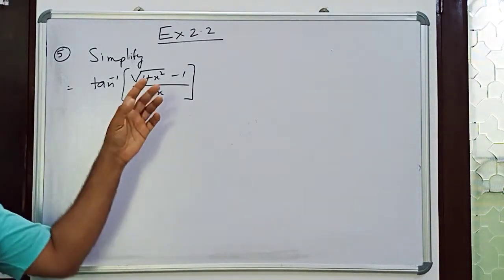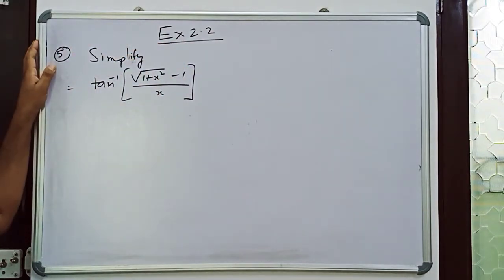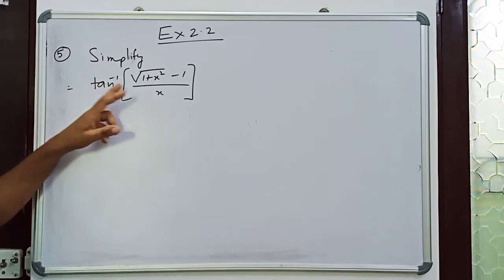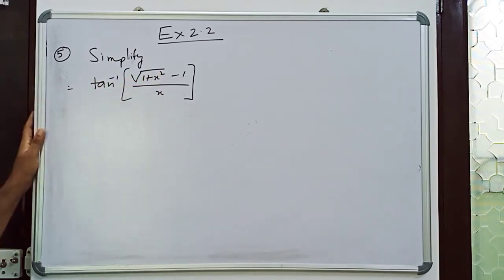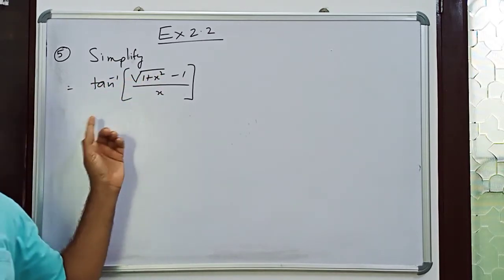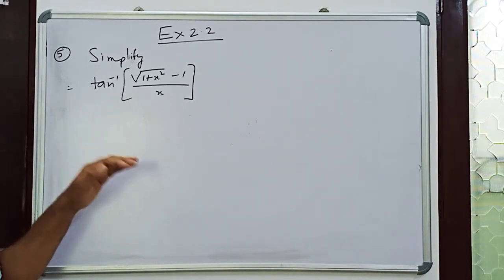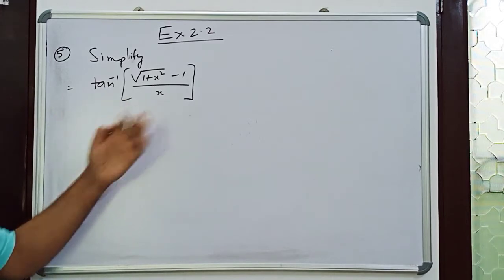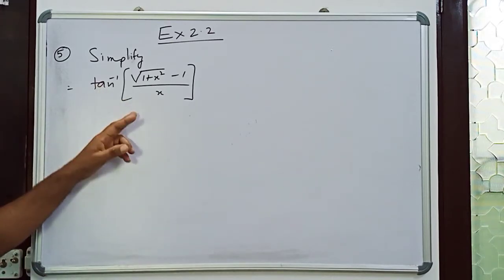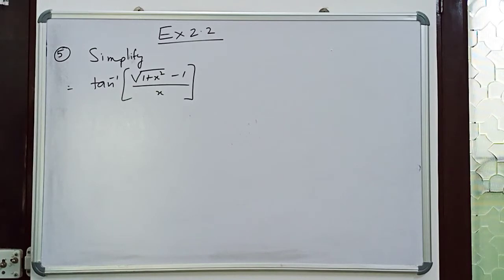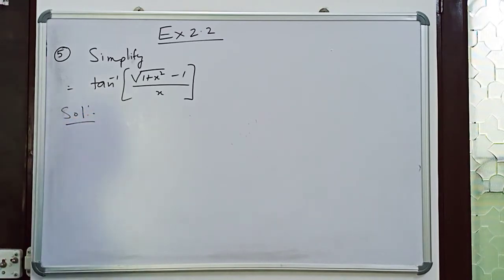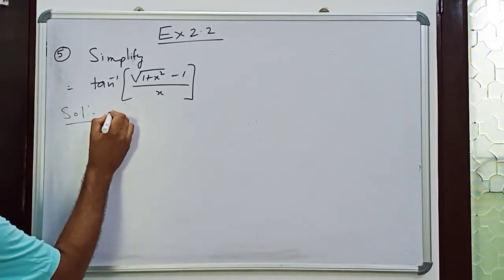Good morning students. Today I am taking problem number 5 of exercise 2.2, and it is: simplify tan inverse of (root of 1 plus x square minus 1) upon x. These types of problems are important for chapter number 5 also, that is in differentiation and integration, because first we have to simplify and then we can integrate or find the derivative. So the first important step for this is: let x equals